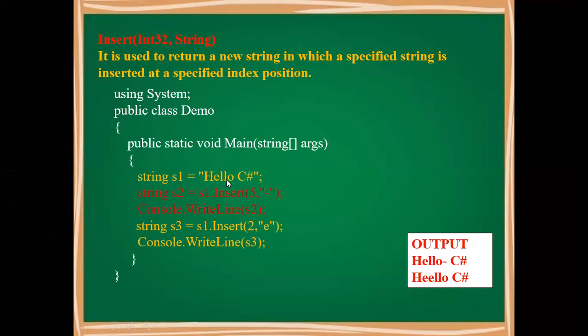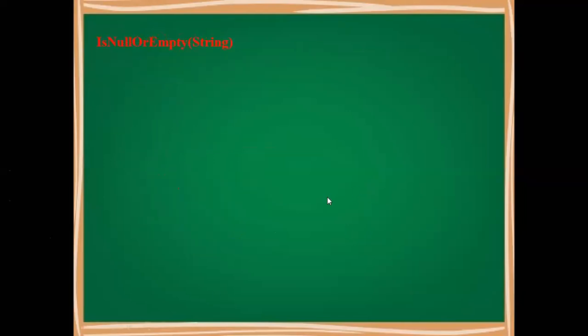Similarly you can find Insert 2, E का output. Okay यहाँ पे LLO था पहले जो second position से start हो रहा है, वो as it is है, but E के बाद में और एक E यहाँ पे insert हुआ है second position पे. So Insert just inserts the letter or character in the given string. It doesn't remove anything. बाकी का string वो थोड़ा बढ़ जाएगा, जितना आप insert करोगे उतना वो आगे बढ़ते रहेगा, but बाकी का position, बाकी character का position same रहेगा.